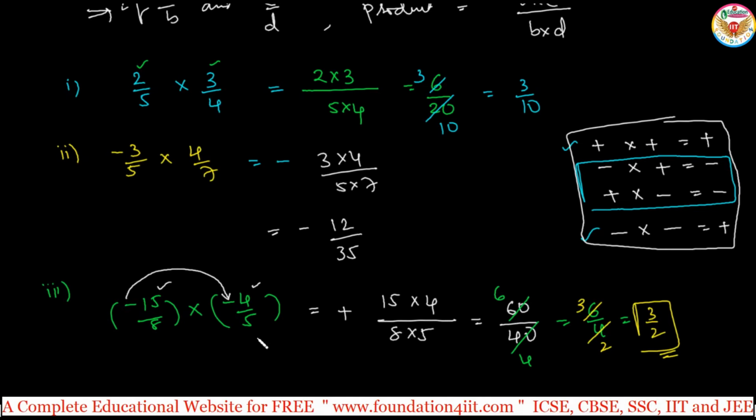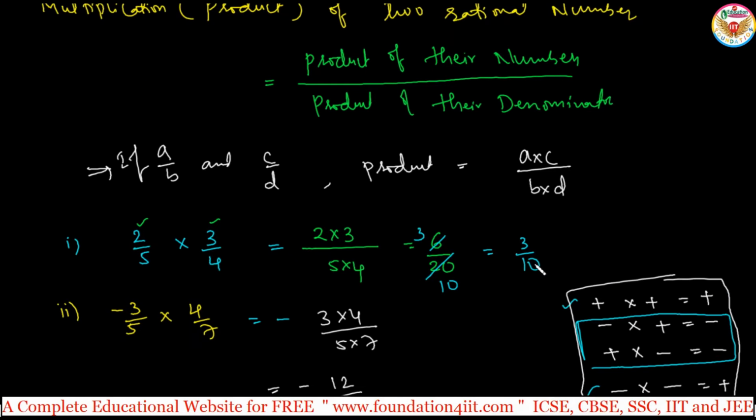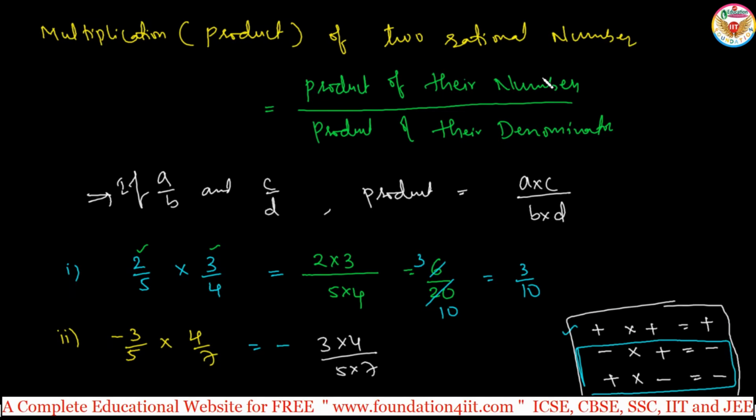This is the simple method you can apply. You can multiply the signs first, or even if you write minus 15 into minus 4, the next step will become plus 60 only. Directly you can do it, or else by substituting also you can make it. So this is the multiplication of rational numbers. The simple formula to multiply two rational numbers, or more than two also, is the same: the product of their numerators divided by the product of their denominators. Let us see some properties of this multiplication of rational numbers.